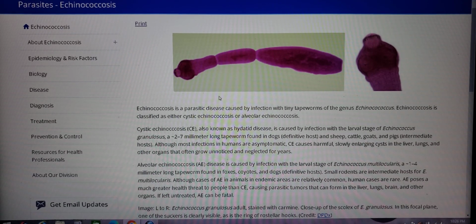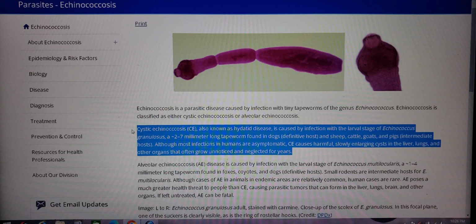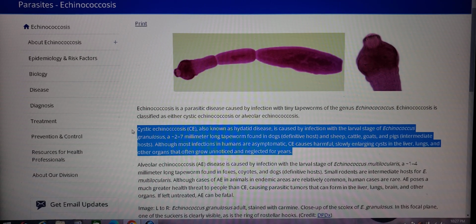Here we are at CDC, the main page for this disease. In blue highlight, cystic echinococcus, also known as hydatid disease, is caused by infection with the larval stage of Echinococcus granulosus, a tapeworm found in dogs, sheep, cattle, goats, and pigs. Most infections in humans are asymptomatic. Cystic echinococcus causes harmful, slowly enlarging cysts in the liver, lungs, and other organs that often grow unnoticed and neglected